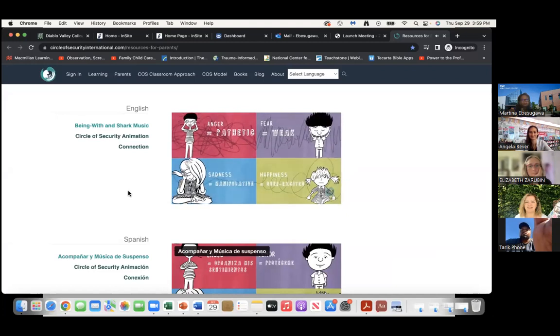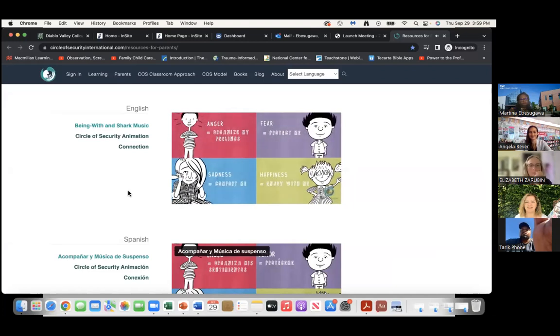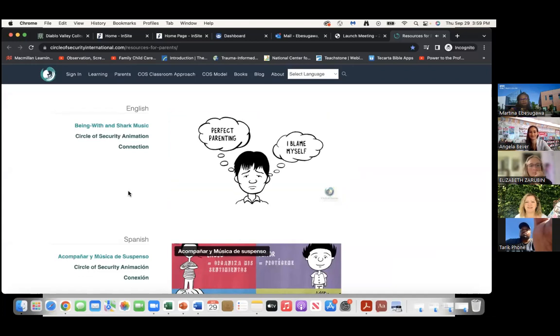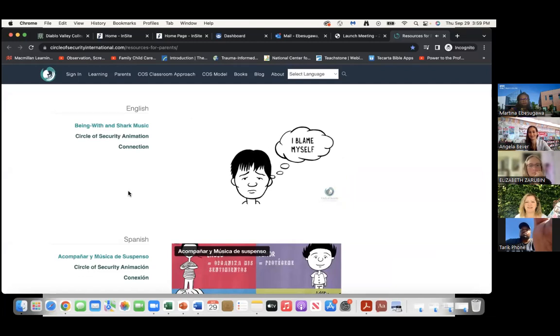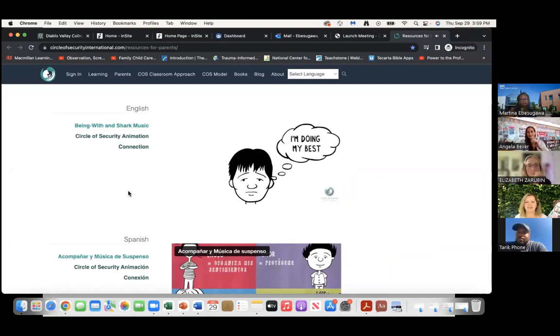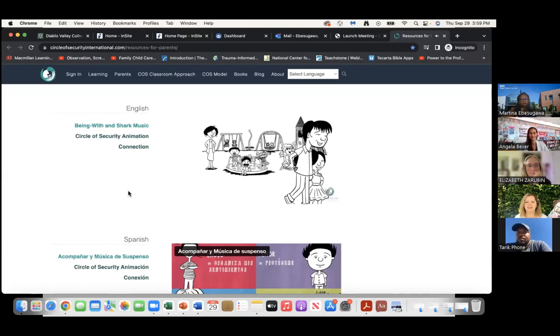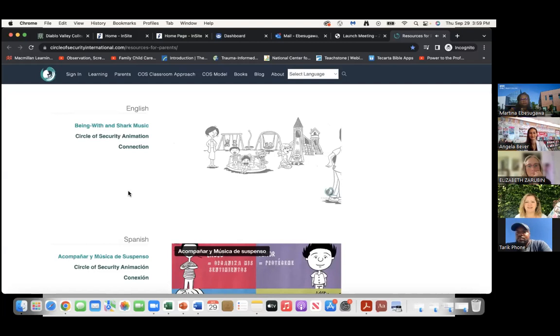Strong feelings are a challenge to manage as parents, but our children always benefit when we have an accurate response to what's happening, rather than reacting to the shark music we're bringing into the relationship. Remember, there's no such thing as perfect parenting, and blame never helped anyone feel more secure. That includes blaming ourselves. But the more often we can identify our shark music, the better off our children will be.